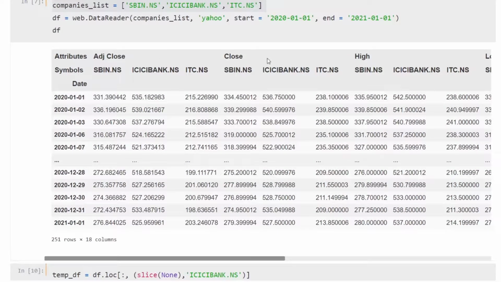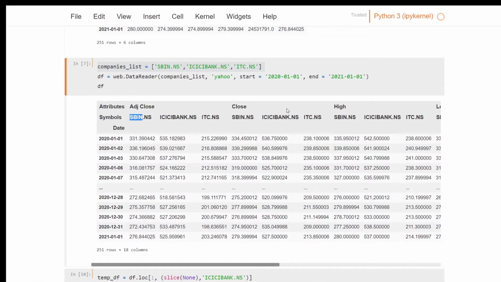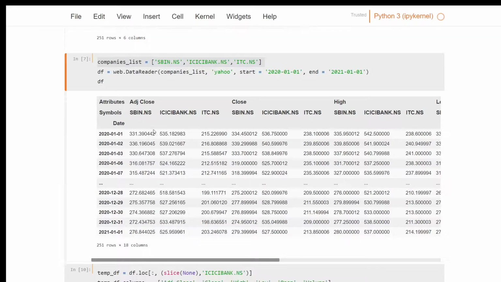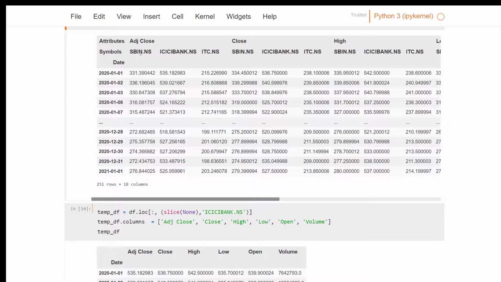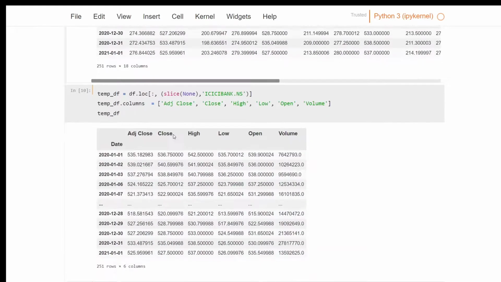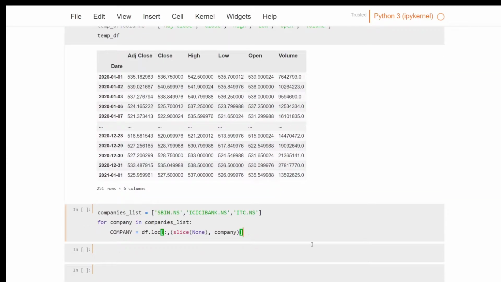We want only these columns for a single company, so we want only the first index of the column for a single company. So slice none will extract all these first index values, and this company will extract only the company which we want. Okay, I hope that's clear.